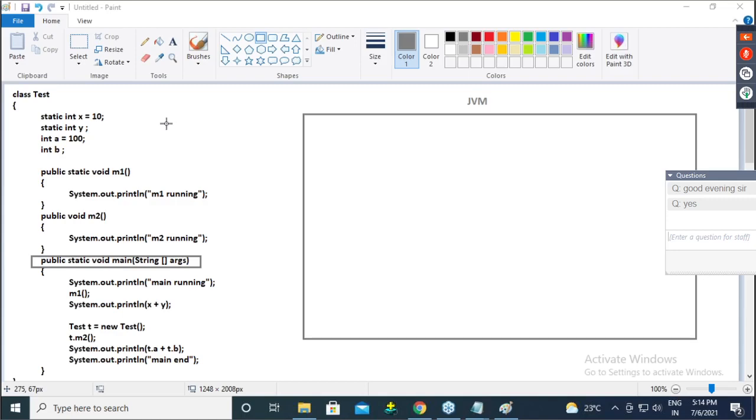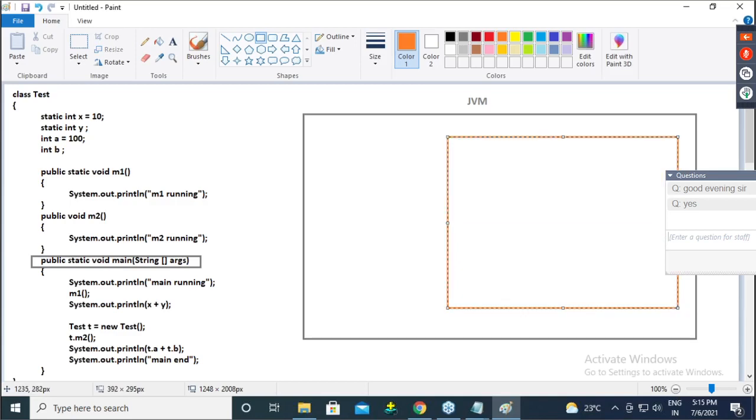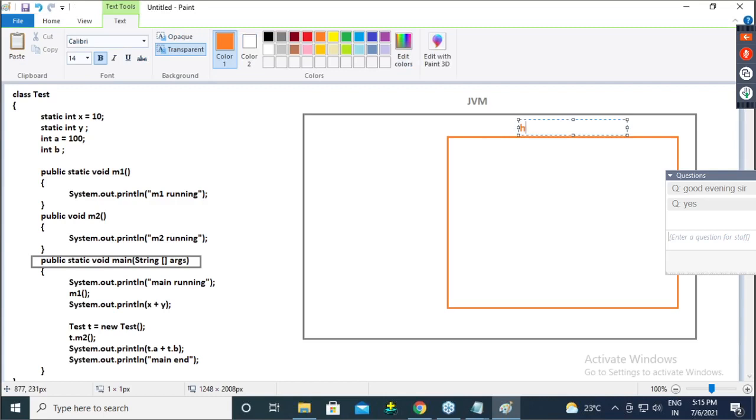Now guys, after this, immediately what happened? This transaction takes place in the heap area. In a JVM, can I say there is the existence of a heap area? Assume this is the heap area.